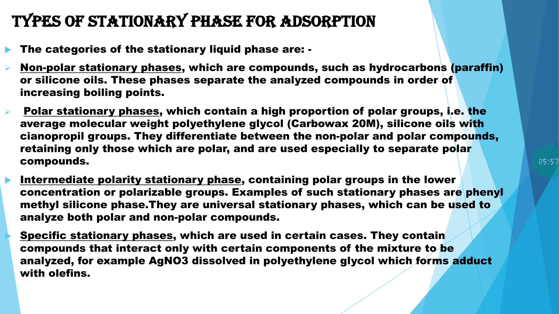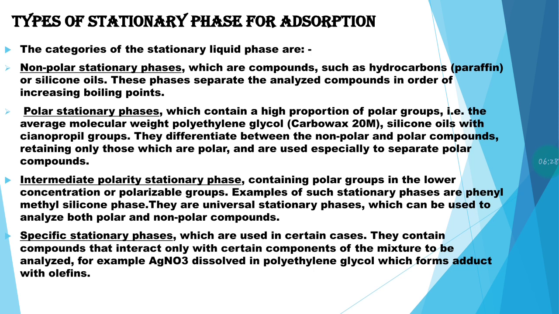Now, types of stationary phases. There are four types: non-polar, polar, intermediate, and specific stationary phases. In non-polar phases, non-polar compounds are used to separate the analyzed compounds. The polar stationary phase contains a high proportion of polar groups; average molecular weight polyethylene glycol is an example, as are silicone oils with a cyanopropyl group. They differentiate between non-polar and polar compounds, retaining only those which are polar, and are used especially to separate the